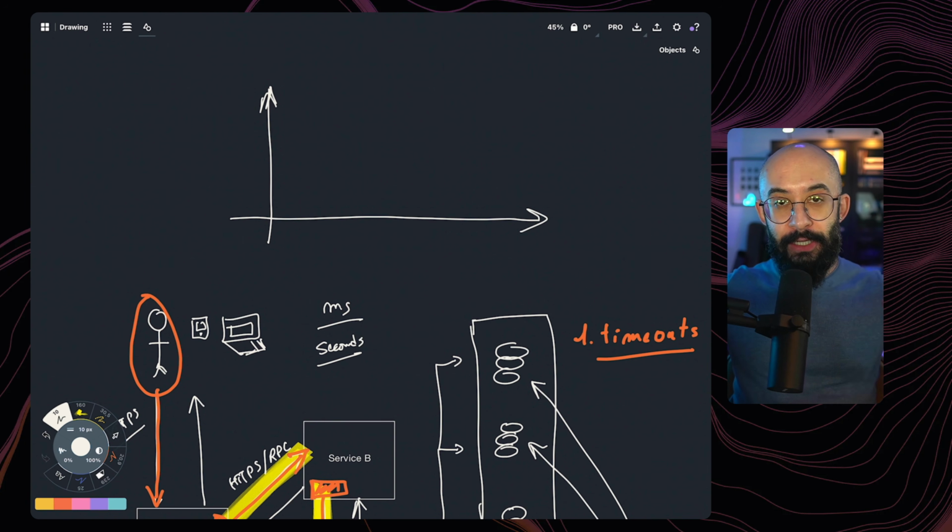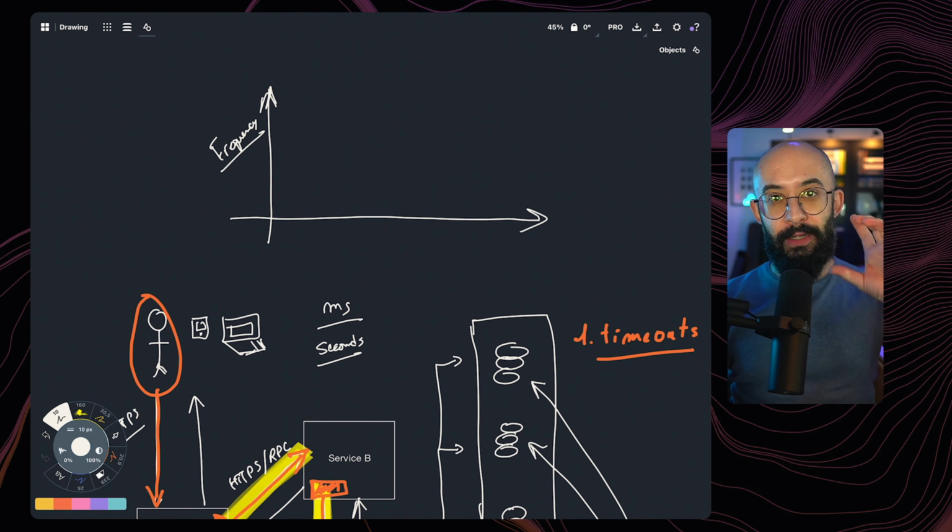Because your application or your system is not being used equally throughout different periods of the day. Maybe your system is being used more in the morning than in the evening. Maybe it's being used more during the day than in the evening. So you need to be able to measure this across different periods of the day to get an accurate reading. And when you do that, you're going to be able to measure the frequency